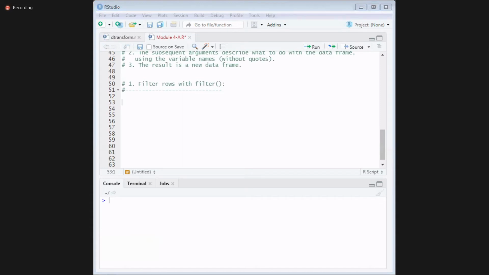Suppose I want to select all the flights on January 1st. Suppose this is my question. My query is I want to select all the flights on January 1st. Now tell me how to write the query. Let's see the flights data.